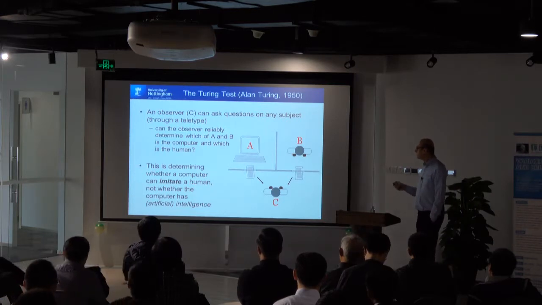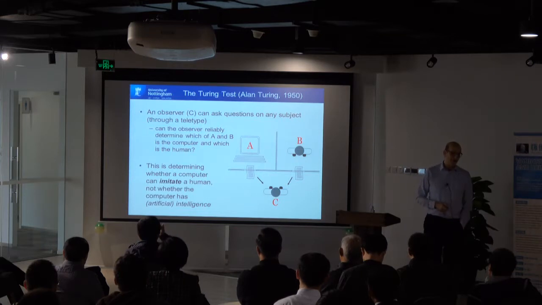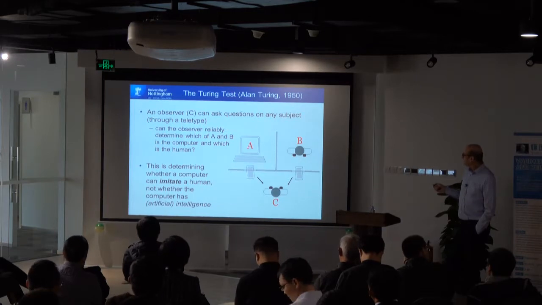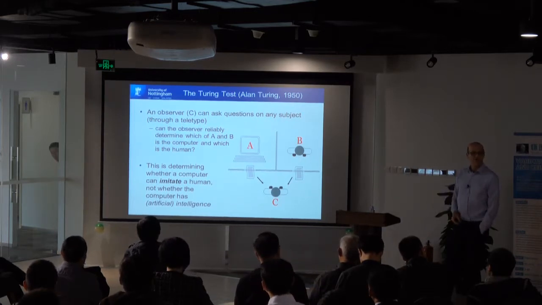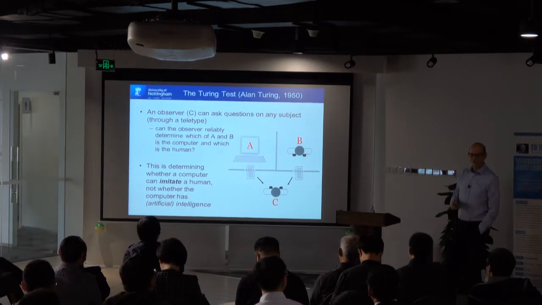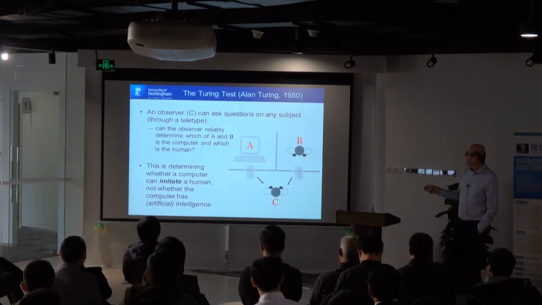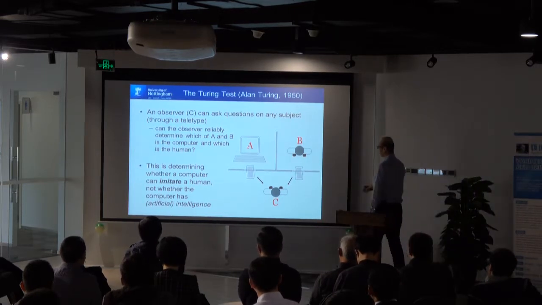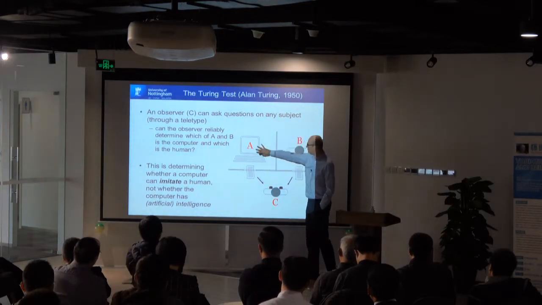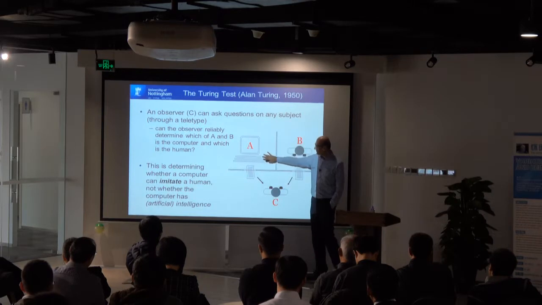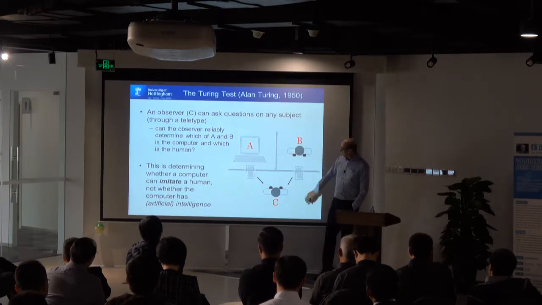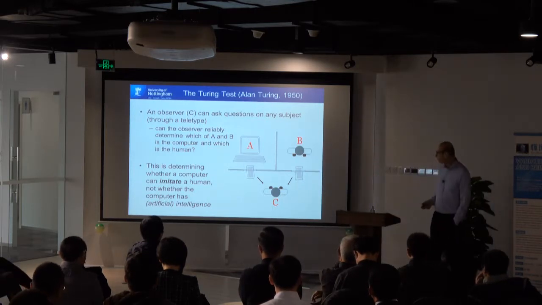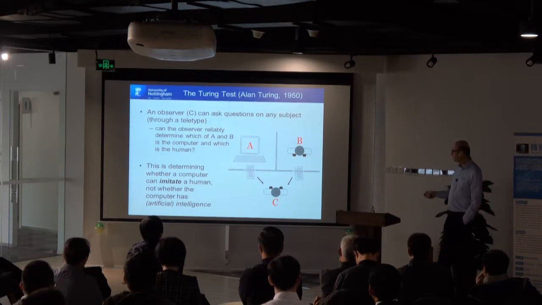First of all, the Turing test. Hopefully you're aware of the Turing test. Alan Turing, in 1950, just at the early creation of computers, and certainly before any intelligent computers. The basic idea of the Turing test is that you have a screen where you can't see. You've got a computer and a human behind the screen. Then you have an observer or questioner, who interacts with the computer or the human.